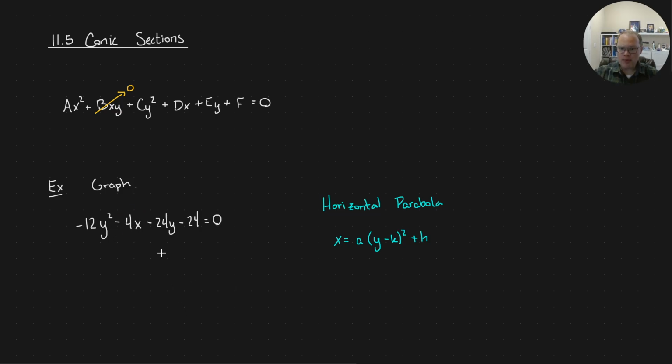Okay? So I'm going to move everything else to the other side of the equation, leave negative 4x on the left side. And that's going to give me positive 12y squared plus 24y plus 24 on the right-hand side of the equation. And then let's divide everything by negative 4, get that x really by itself. So I get negative 3y squared minus 6y minus 6. Okay? All right. Now